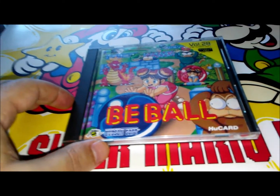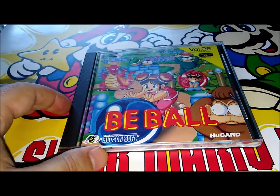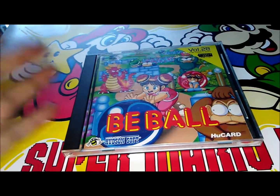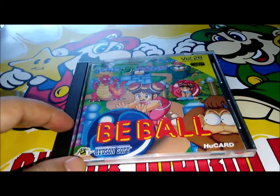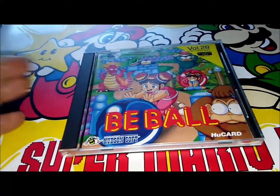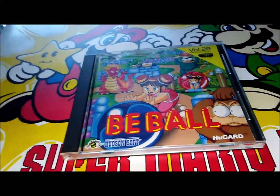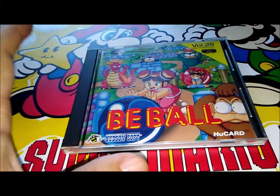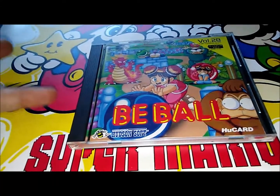TurboGrafx-16. And basically that's the American one, so the PC Engine is the Japanese version of the Turbo. And the American one is called Whirlwind Fu, which is in Japanese, and a Japanese game has an American title. Go figure, right? So this is called B-Ball, another very fun, I